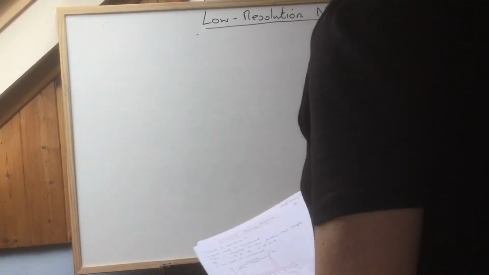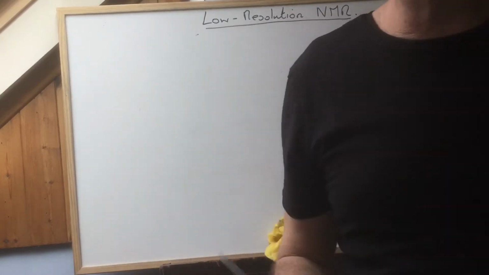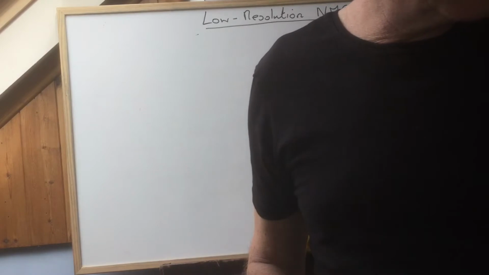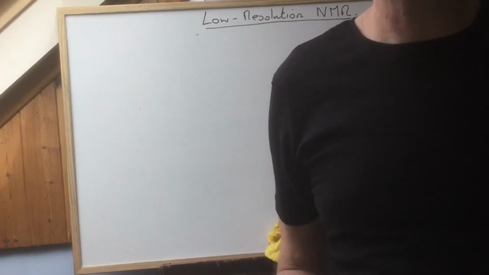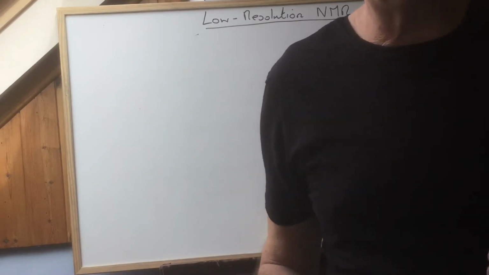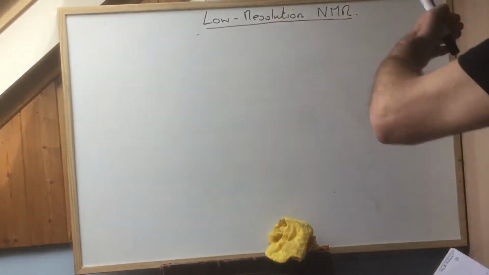Hi guys, this is lesson number 2 out of Proton NMR Spectroscopy. In the first lesson I went through some of the basic principles, sort of how to look at chemical shift values. It wouldn't have made any sense to you whatsoever, but it should start to come together a little bit. Now this second lesson, again, I'm still sticking with low resolution